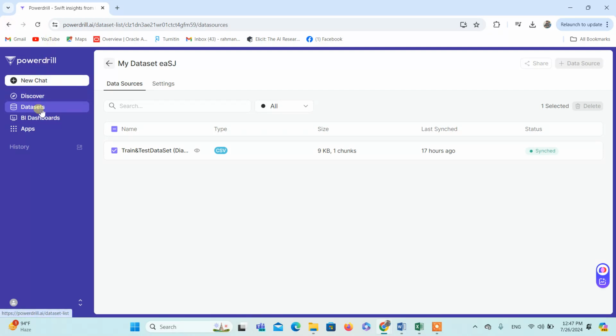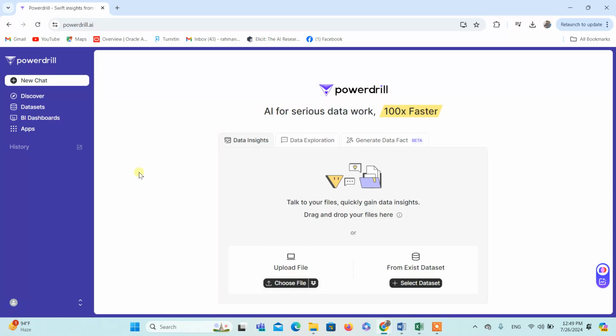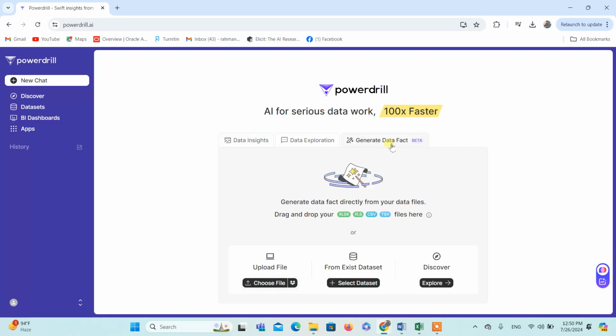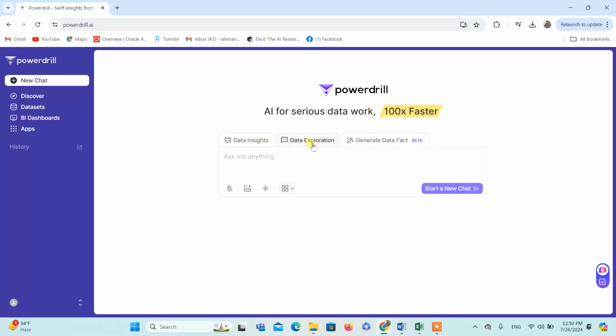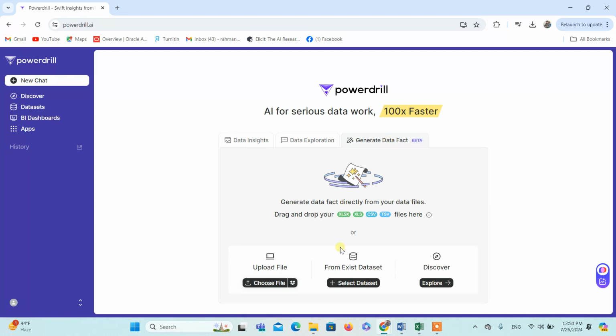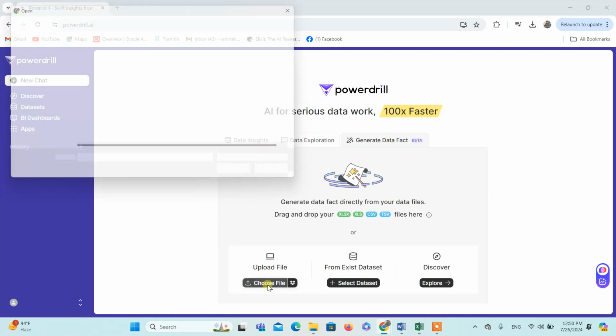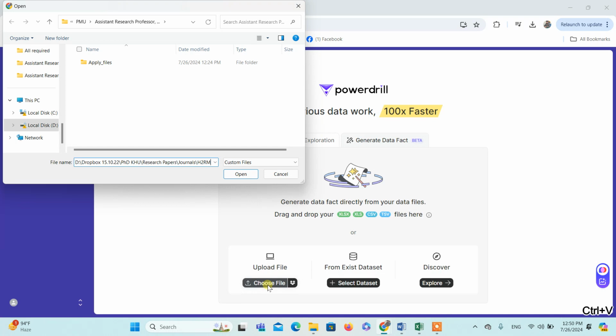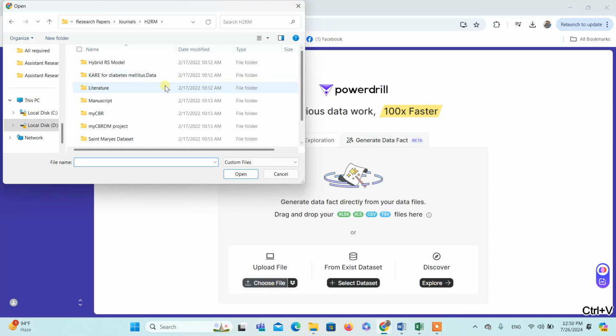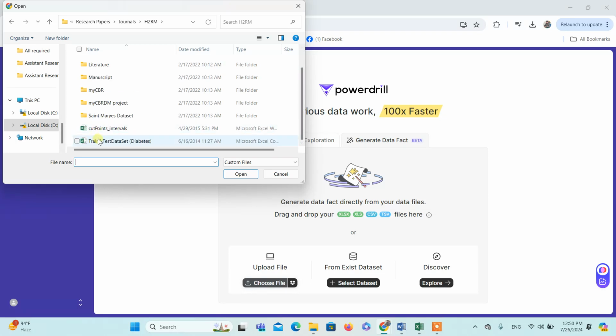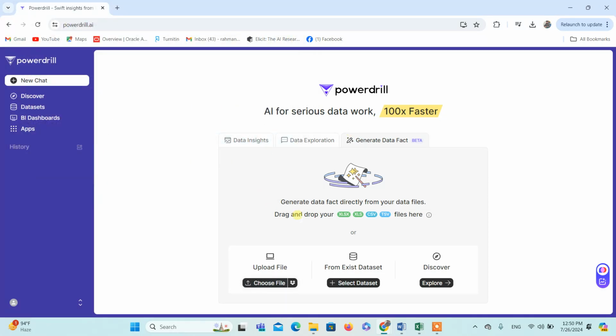So how can we do it? We can go, and now I go to this data facts here, data inside data exploration and data facts. So in data facts we have to upload the dataset, and we already uploaded that, but I'm going to repeat it and upload this dataset. Once this dataset gets uploaded,